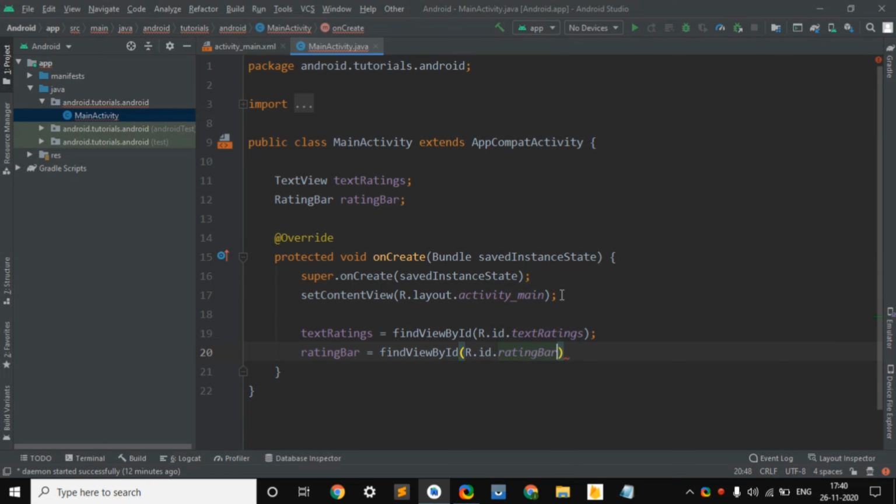And as we implement onClick listener on our button to show whether we got a click or not, we are going to implement on rating change listener.